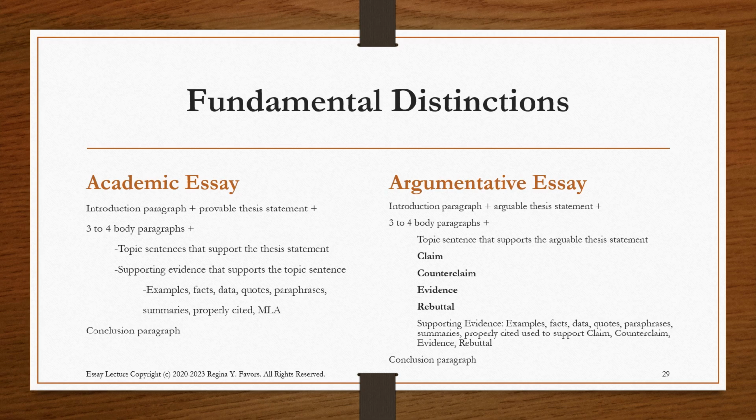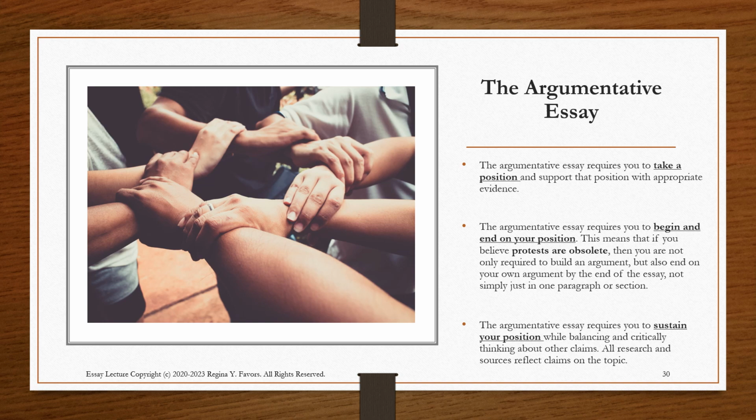The most important aspect of this, in terms of building an argumentative essay, is to end on your position, which is your rebuttal. If you end on the counterclaim, that means you have lost your argument, right? So that's why you want to check what you write in the beginning and what you write in the end. And then, of course, there is the conclusion paragraph. And the supporting evidence does what supporting evidence does. It falls under multiple categories, and how you use it will determine how well you build and sustain your argument.